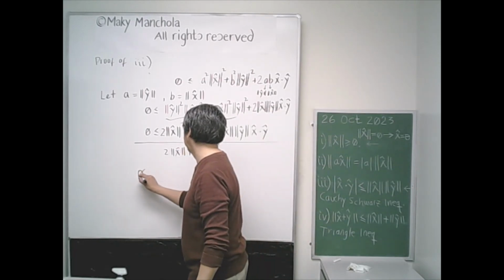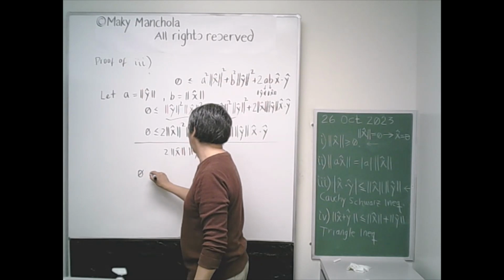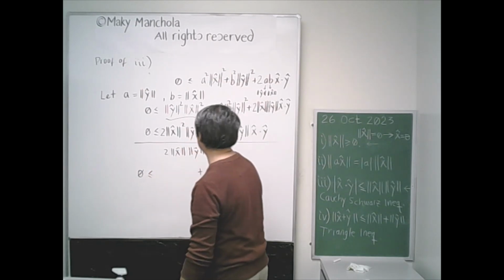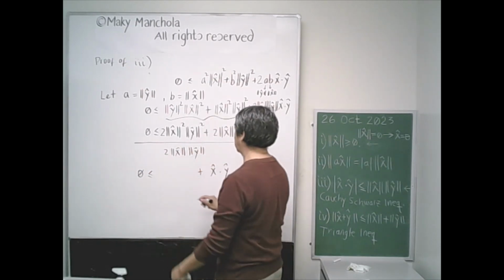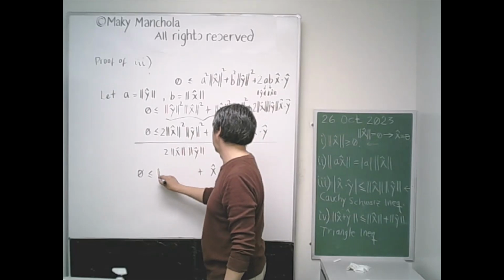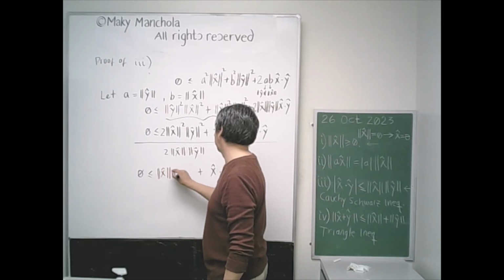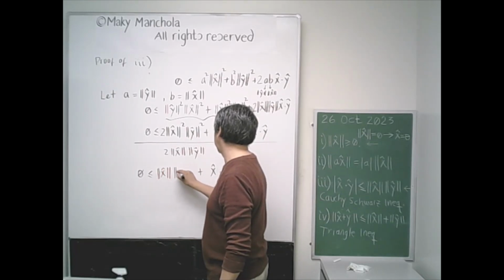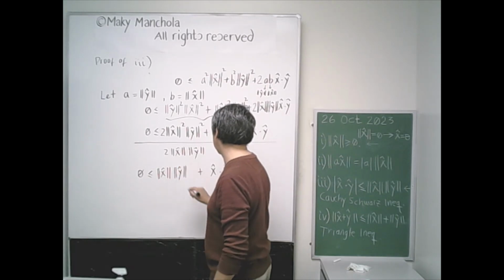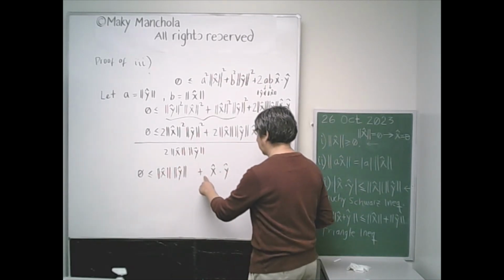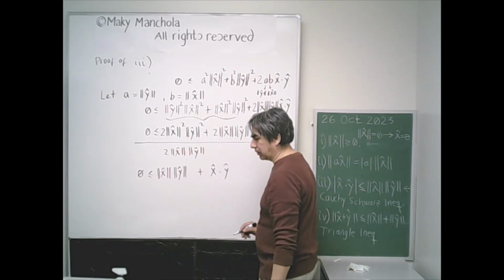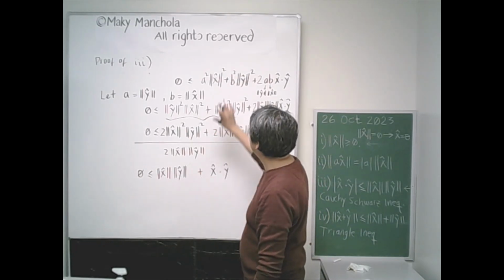So 0 is less or equal to the norm of x hat multiplied by the norm of y hat plus the dot product of x hat and y hat. All right, so that's the end of my first